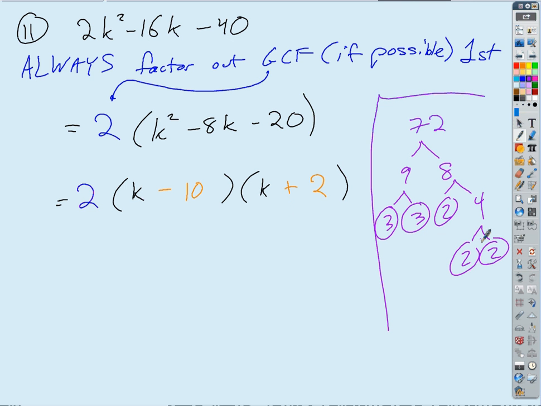So if I wrote this in prime factored form, it's going to be 2 cubed times 3 squared, isn't it? You see that? So I've got 2 times 2 times 2 times 3 times 3. I can't break it any further because each of those numbers is prime. Same thing when we're factoring an algebraic expression. We want to break it up as far as we can, right? Okay, so now let's look at,